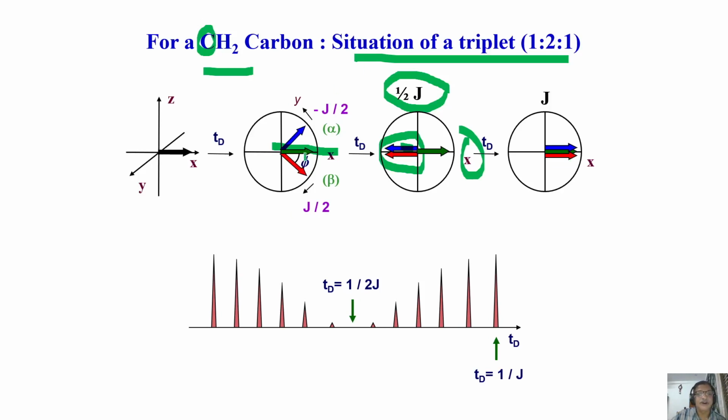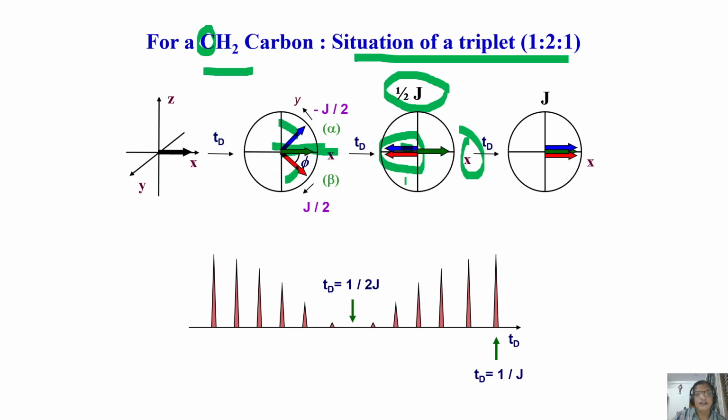Okay, intensity of the CH2 carbon as a function of tau delay. You can understand the vector diagram in the same way. There is no difference at all. The only thing in this case is the CH2 peak. In the CH2 case, the central peak does not persist, and the outer components start moving in the same direction. Again, resolve into two components and find out what happens as a function of tau.